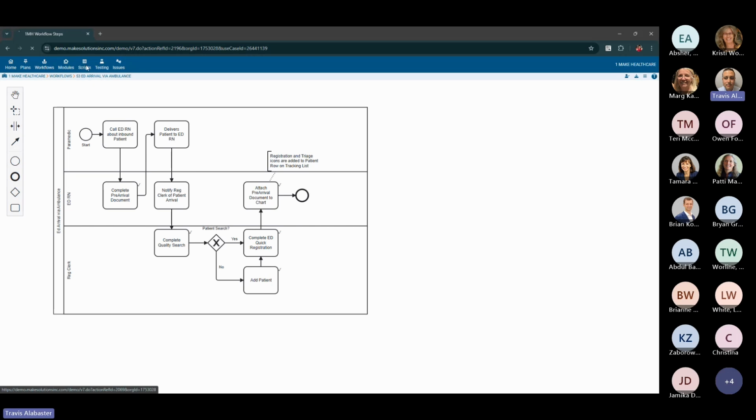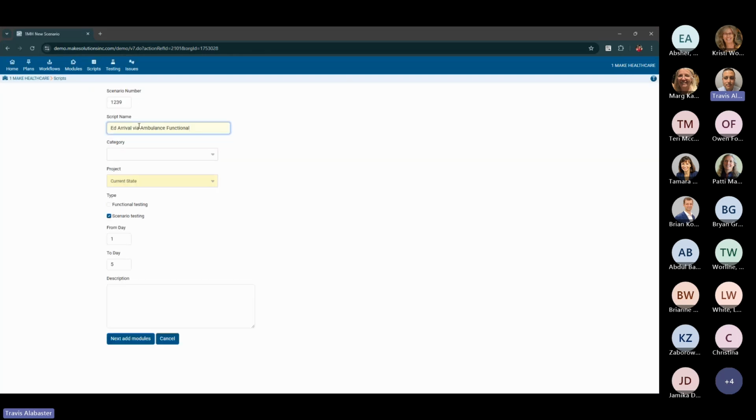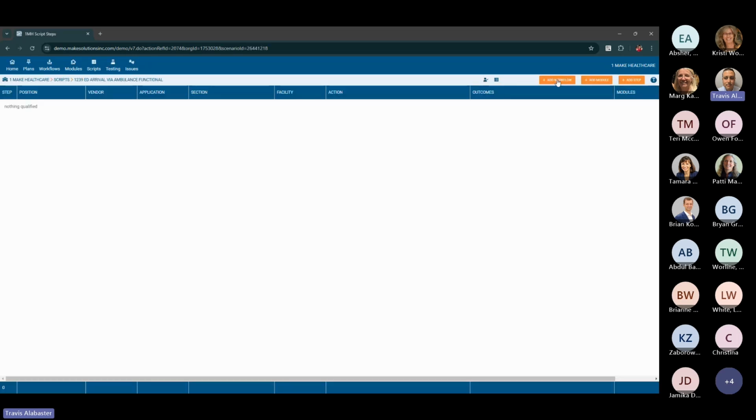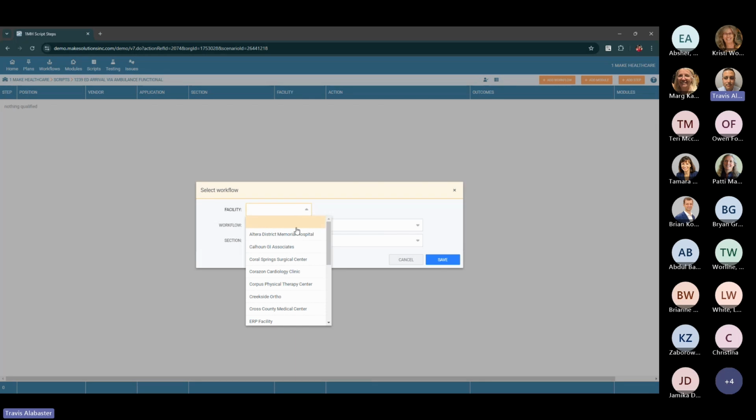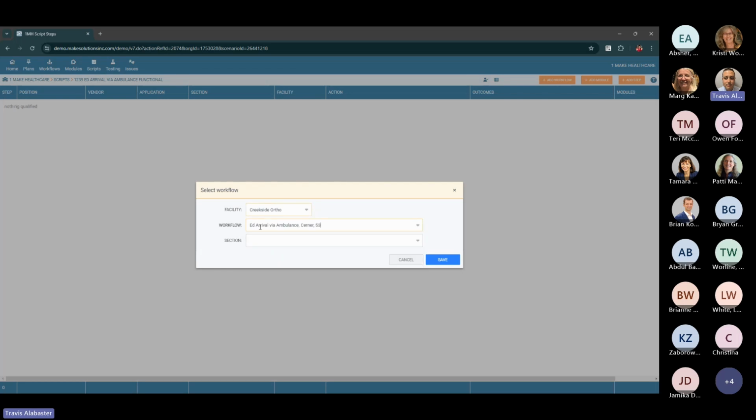Fantastic. So the really exciting thing after the workflow and creating the diagram is being able to bring it into a script. So we're going to first create a functional test script, and we'll hit save. So when we hit the add workflow icon and we put in our facility and we select our workflow that we just created, in this section box here, the drop-down menu will give you all the pathways that are linked to